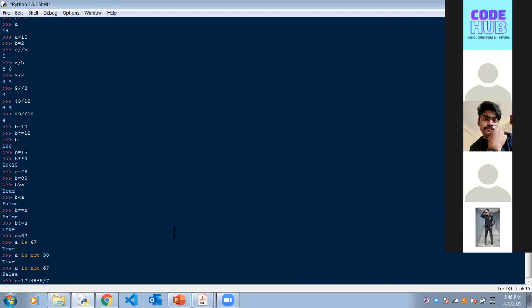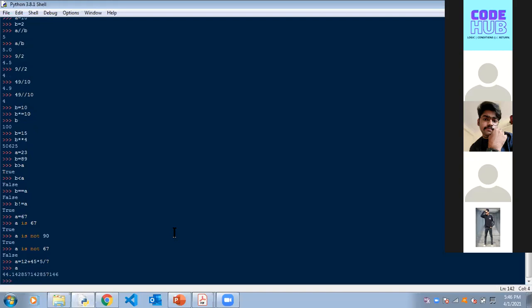Tell me, how will it be done? You remember math? See, you get the output. This is called an expression in Python. It's basically similar to maths.